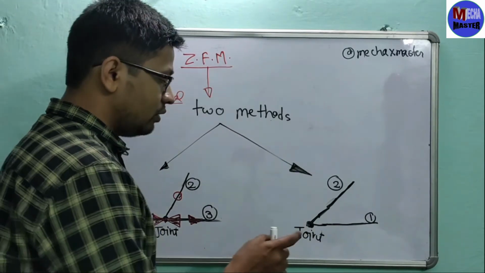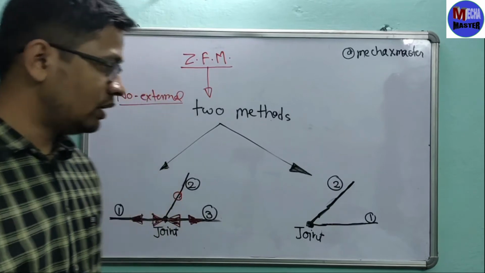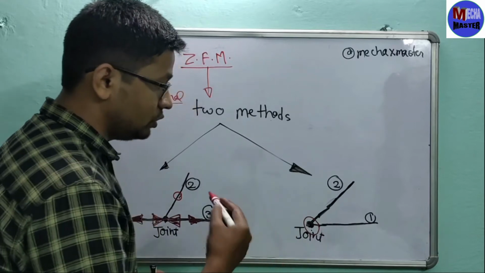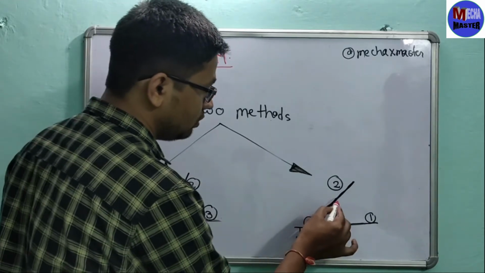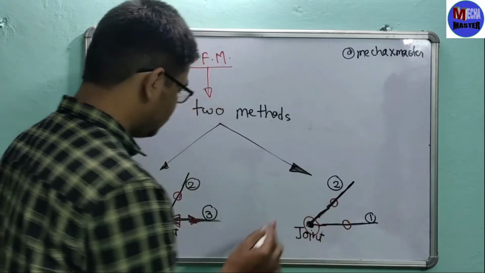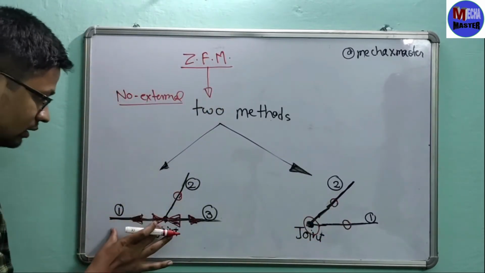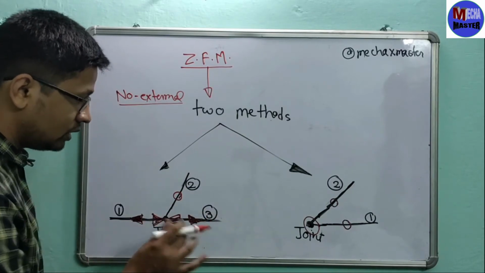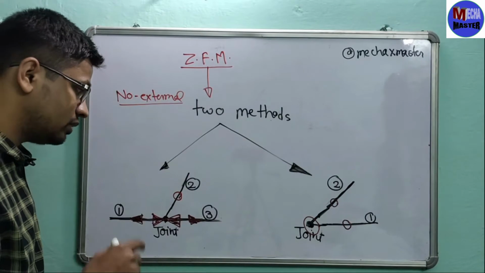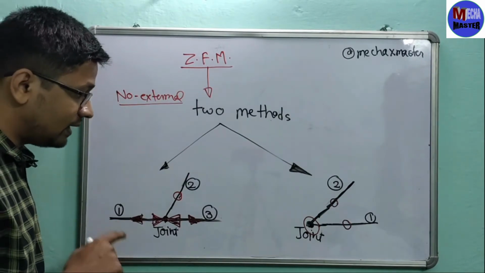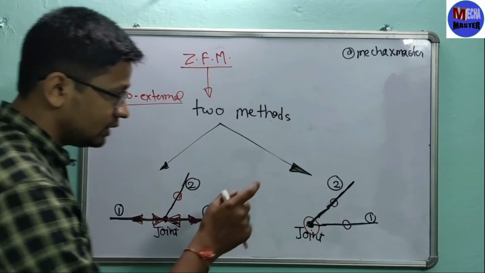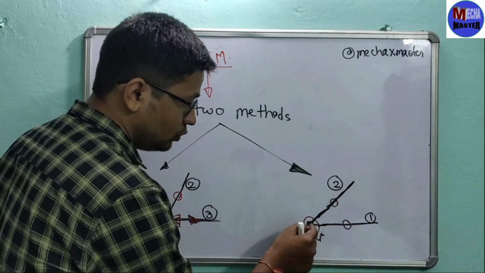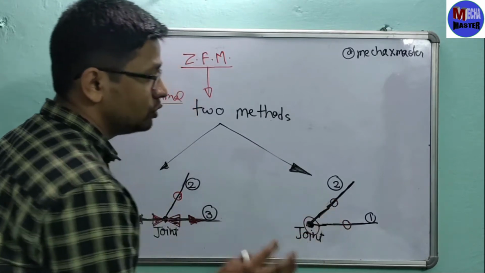And the second is when two links are attached at the joint and the condition remains the same, that at the joint there is no external force, then both of the links will be zero force member. Here collinear members will not be zero force member. In the first case, the third link attached at that joint will be zero force member. But in the second case, if two members are attached at the joint and there is no external force, both the links will be zero force member.